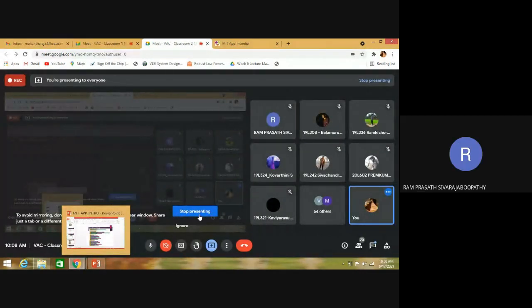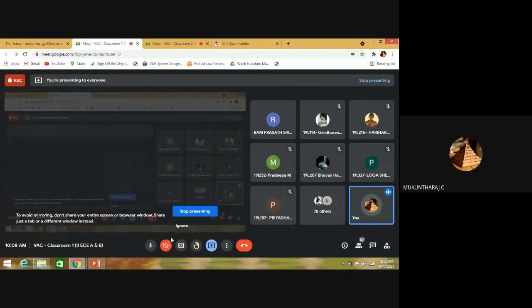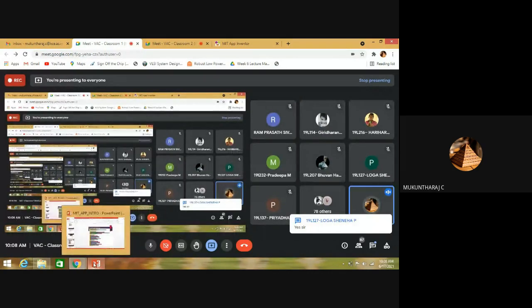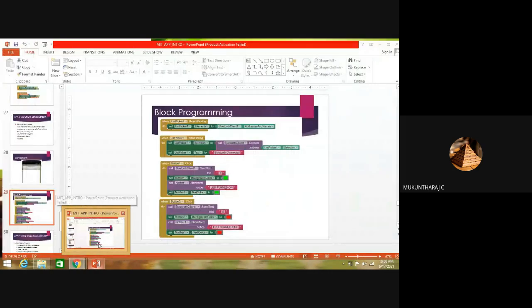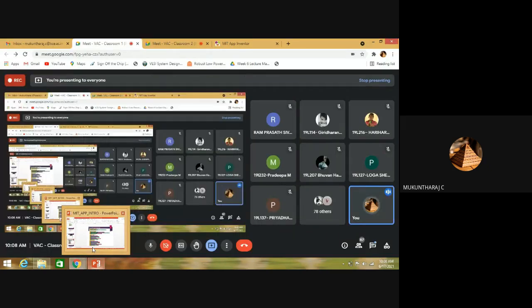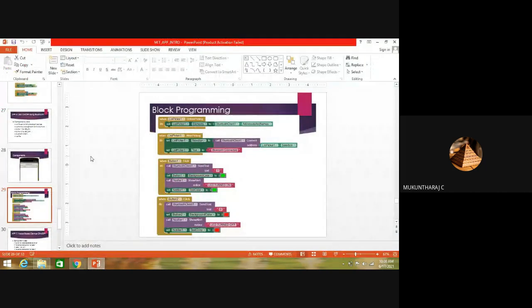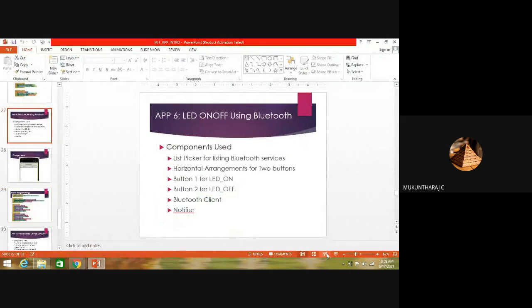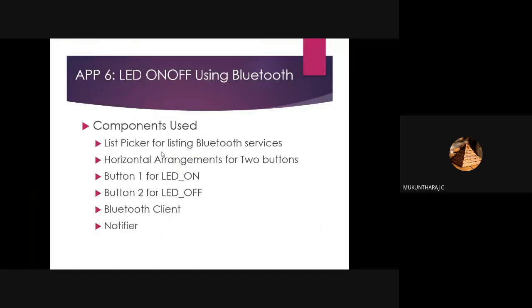Okay. So yesterday we tested LED blink, object count, and then voice-based device on-off, right? So today we are going to discuss about hardware, how we can control our hardware using our Bluetooth. This is somehow an important one. Also, the simple app can be used to even complete a product.